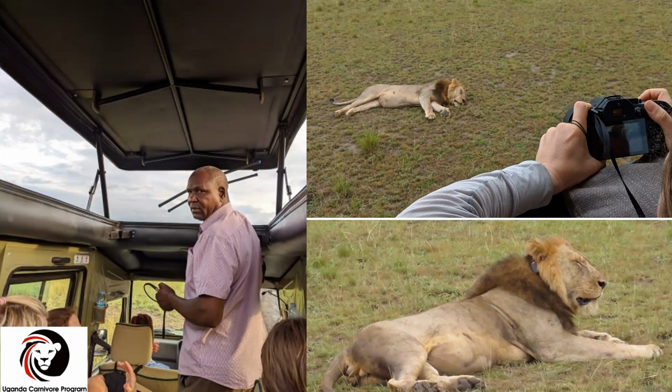And they have 2 main goals. One is the scientific research of these big cats. But the number 2 goal, which may be the more important one, especially in a park like Queen Elizabeth, which does have so much human population, both on the outside as well as actually on the inside, is to reduce human-wildlife conflict and to collaborate with the communities to try to reduce that conflict between large predators like lions and cattle